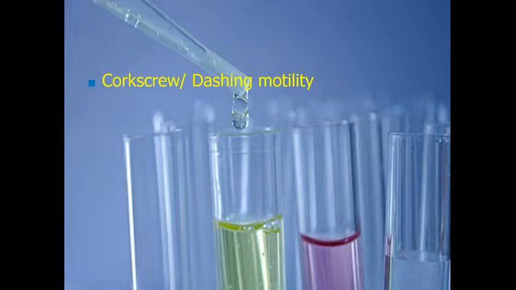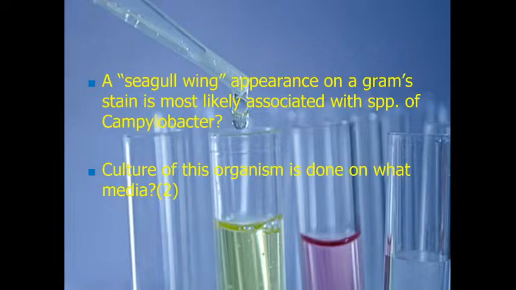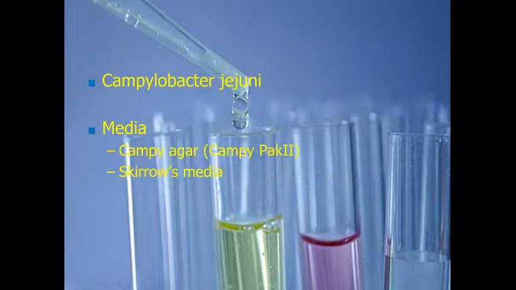And a seagull wing appearance on Gram stain is most likely associated with what species of Campylobacter? It is Campylobacter jejuni. Okay, and the organism is cultured on what culture media? Obviously, it's Campy agar, from the name itself, or you could use Skirrow media. Okay, doesn't really matter. Campy pack is actually a set. Campy pack is like your Campylobacter jejuni starter kit. It has the gas pack or the jar itself, including